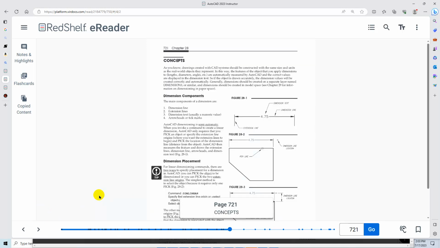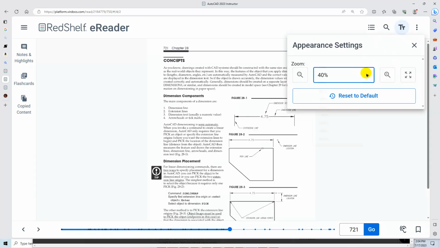So AutoCAD dimensioning is one of the things that makes AutoCAD so popular. It allows you to dimension mechanical drawings, architectural drawings, civil drawings, with these different dimension styles. And so the concept